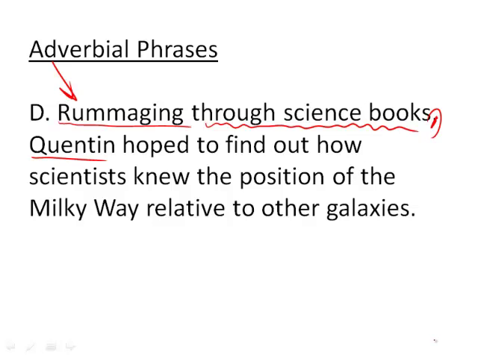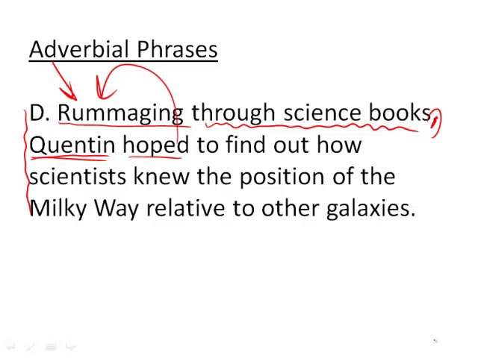Yes, he was. Now, how? What is he doing? Well, Quentin hoped as he rummaged through science books. You can think of it that way. So this is another example of an adverbial phrase. It can come at the beginning of the sentence, and it can actually come before the noun when it is in a participial phrase. And now we're getting to the point where there's so much grammatical terminology, and it's important to know it, but if all you know is the grammar terminology, but you never apply it, you never write long sentences like this, then you're losing out. And vice versa, if you can only write long sentences but are unsure sometimes of where things go, then you definitely have to watch my grammar videos. But that said, let's read on here.